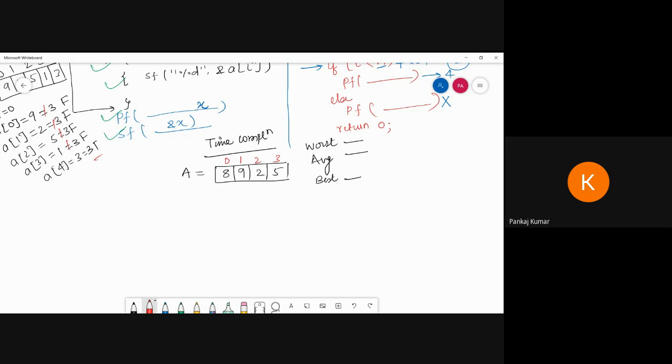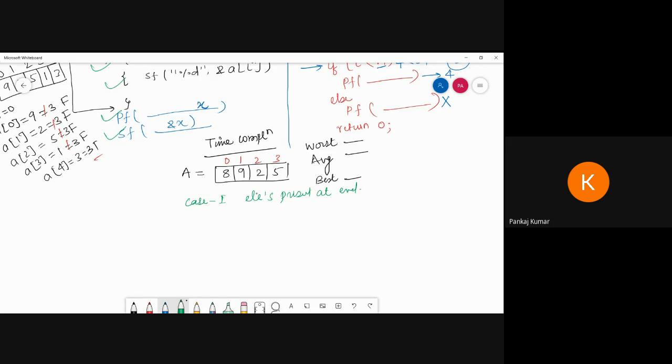Talking about the worst condition, suppose this is case 1: the element is present at the end of the array.